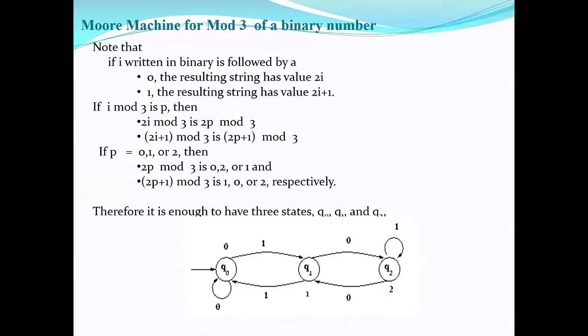Now, one famous example for a Mealy machine. This is the Mealy machine for computing mod 3. Computing mod 3 means that if the given input is a binary number, you take it mod 3. Mod 3 means remainder. If the number is divided by 3, whatever remainder you get, that should be produced by this Mealy machine. This is based on something from number theory.